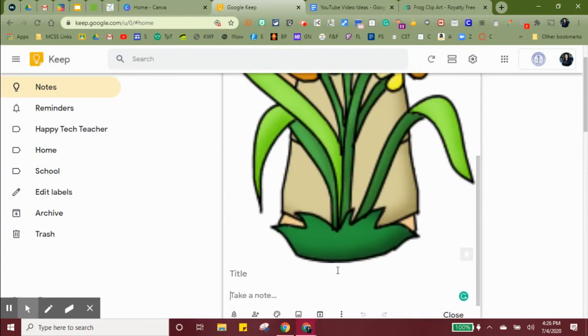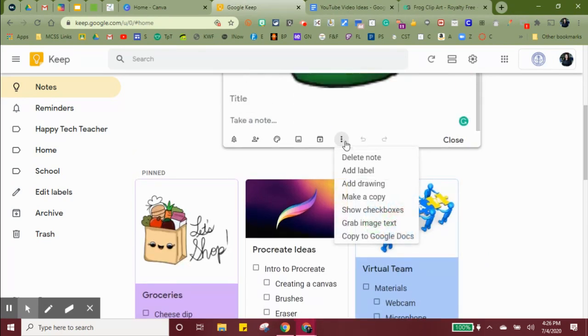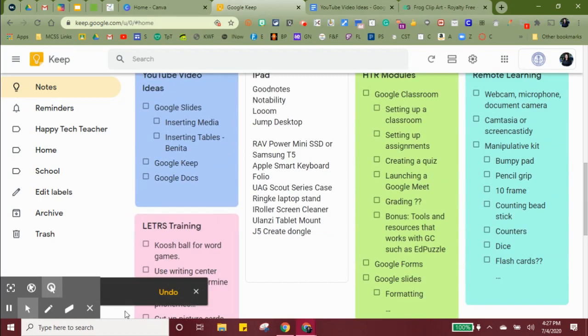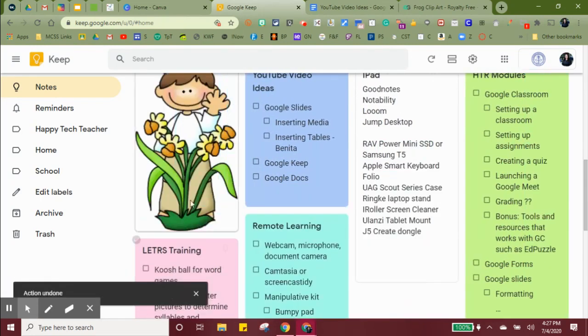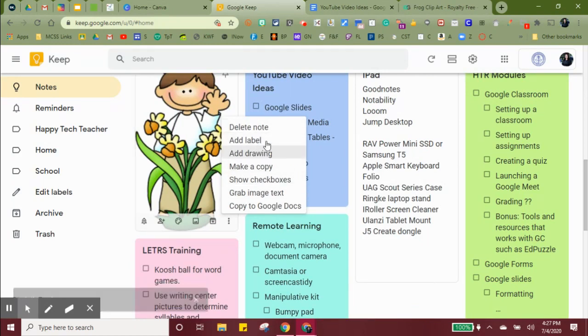So I'm going to go in and show you just real quickly, once this loads up, how easy it is to delete the note. I just hit delete and it's gone, or I can click undo and it's back right there. So remember, you can add labels over here. You can add drawings. You can grab image text, and you can